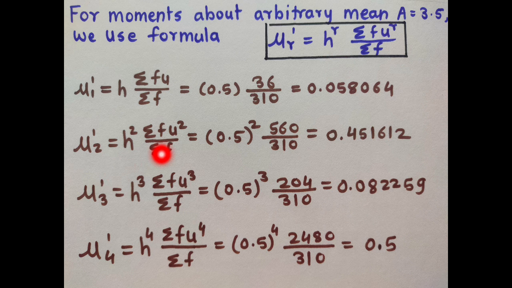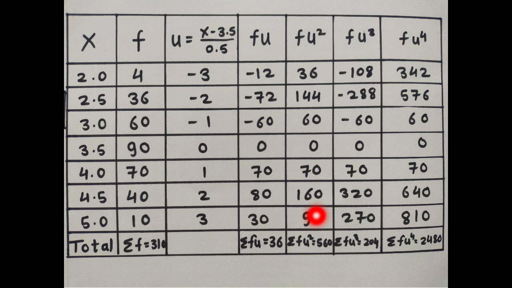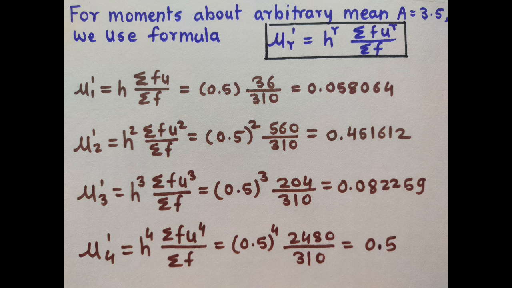If we put r is equal to 2 in this equation, then we get mu2 dash is equal to h square summation fu square upon summation f. If we put the value of h, that is 0.5, and square it, and summation fu square is 560 and summation f is 310, then we get mu2 dash is equal to